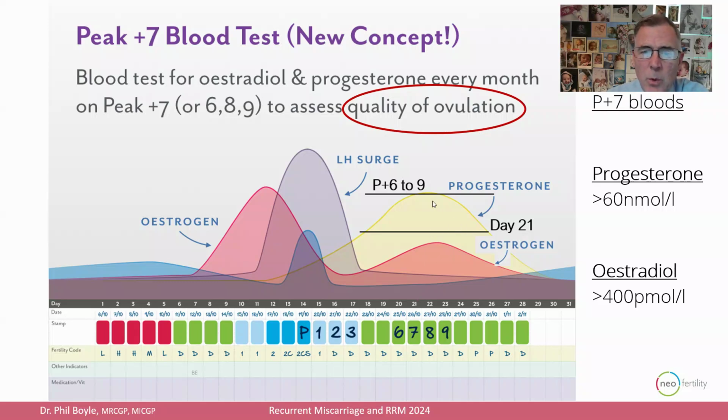Our question is, when you ovulate, between 6 and 9 days later, when we're at the maximum surge of your hormones in the mid-luteal phase, what is the quality of your ovulation? Now, if we determine you have a suboptimal ovulation where these blood levels are low, we still don't know for sure, is that due to poor follicle function or corpus luteum insufficiency?